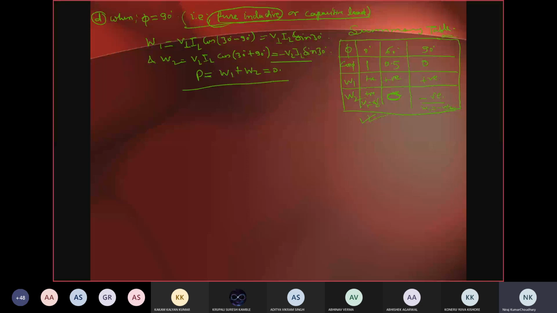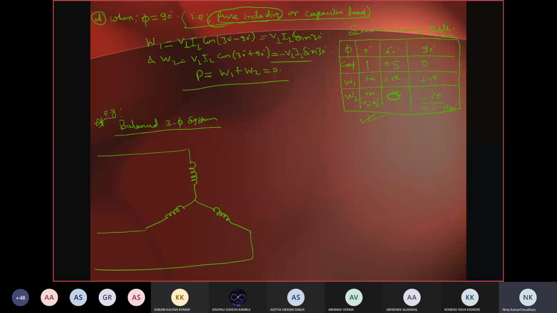Now, till now we have discussed the measurement of power using the 2 wattmeter method, right? Now, there are some special cases, for example, a balanced 3-phase system. Suppose this is a 3-phase system connected in a star. What is the definition of a balanced system, that we have already